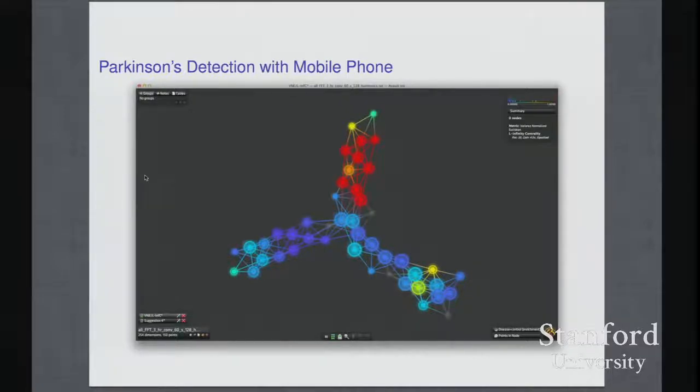Okay, so this here is another data set. This here is acceleration information from mobile phones. This was part of a Kaggle competition. And the question is, can you identify the Parkinson's patients? The people, so there